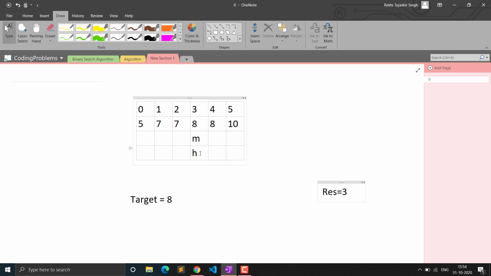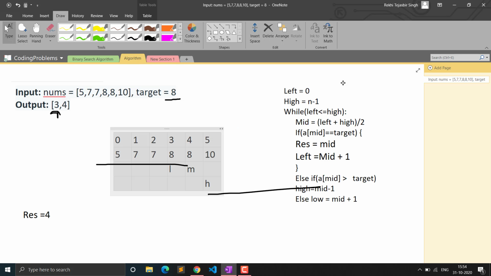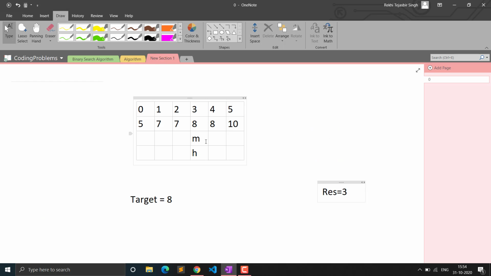So now again you can see the condition will end. As you see here, it will run only while left is less than or equal to high. But now if you change the index, so if left is here and right is here, and you change L to mid + 1, it will get greater than high, so that will not be true. So that is why we have found our starting index of the array.